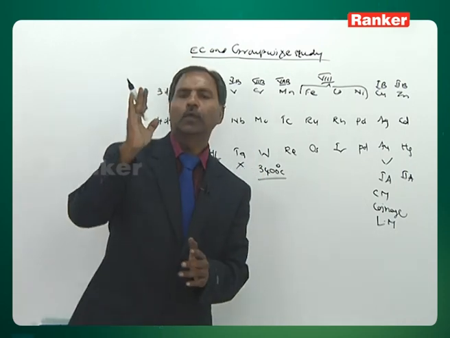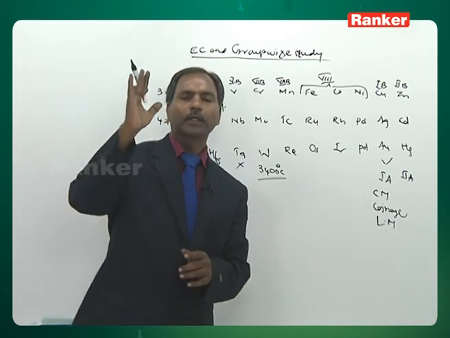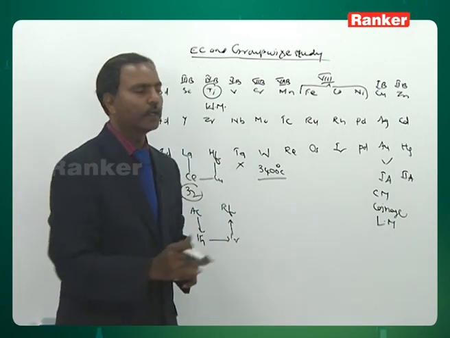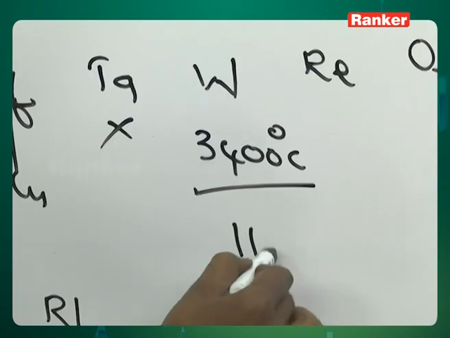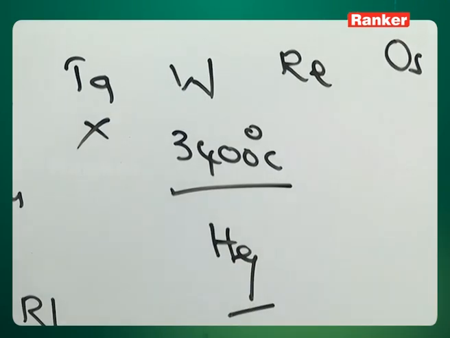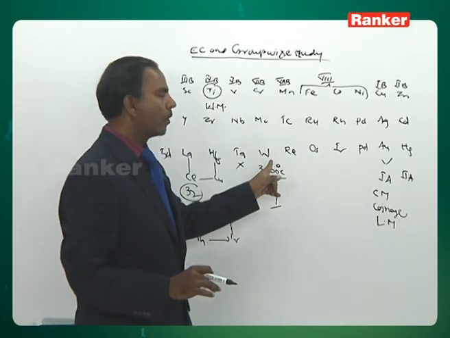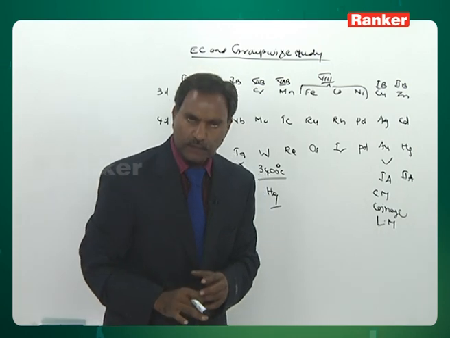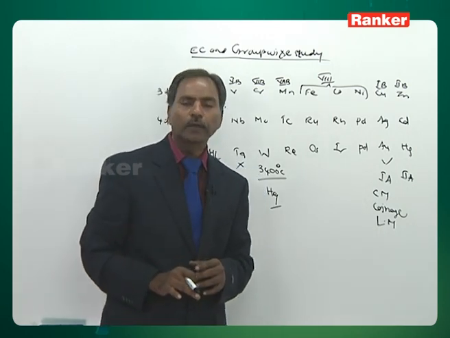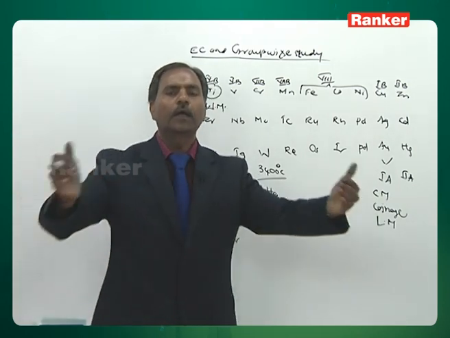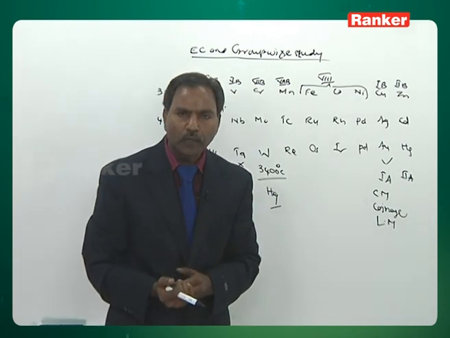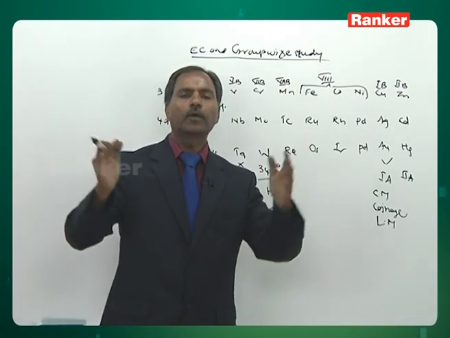Can you say the lowest melting point? Among all the metals, the lowest melting point is observed for mercury. It is minus 29 degrees centigrade. Among the metals, highest is tungsten and lowest is mercury. But among all the 112 elements in the periodic table, which